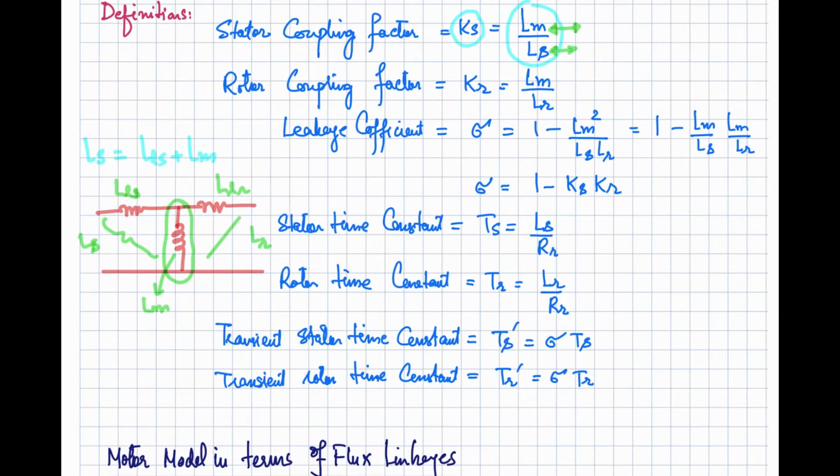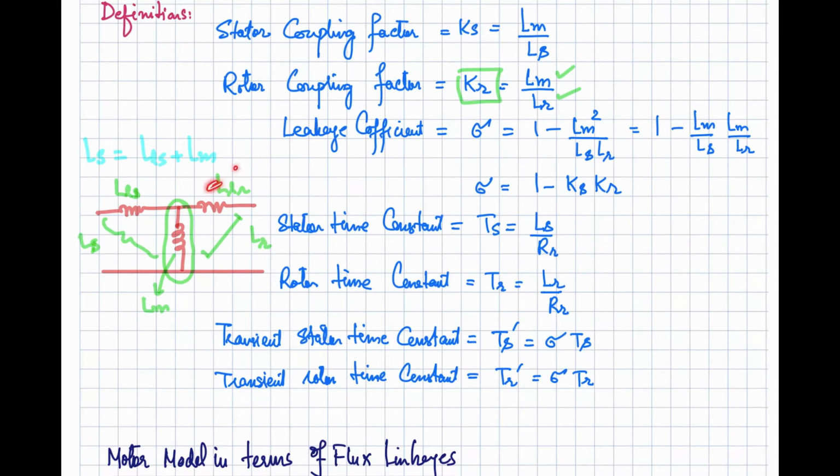It is a coupling term. And similarly, we can define a coupling factor Kr, that is the ratio of Lm with Lr, that is how much of the total rotor flux is linked with the stator. So that is indicated by this Lm, the total inductance is Lr, so this is representing the leakage flux. Llr is for that flux, the leakage inductance of the rotor side.